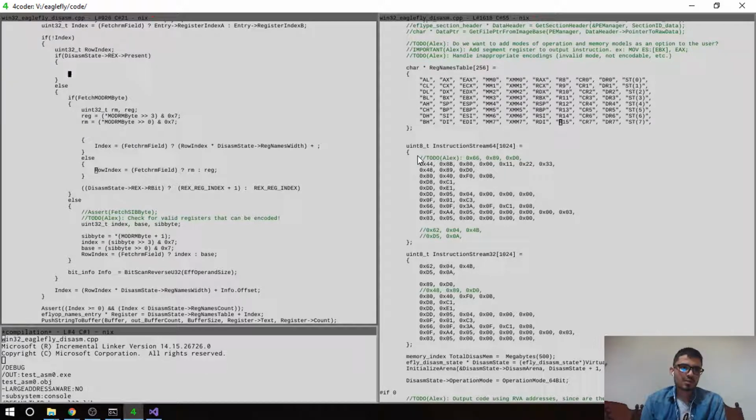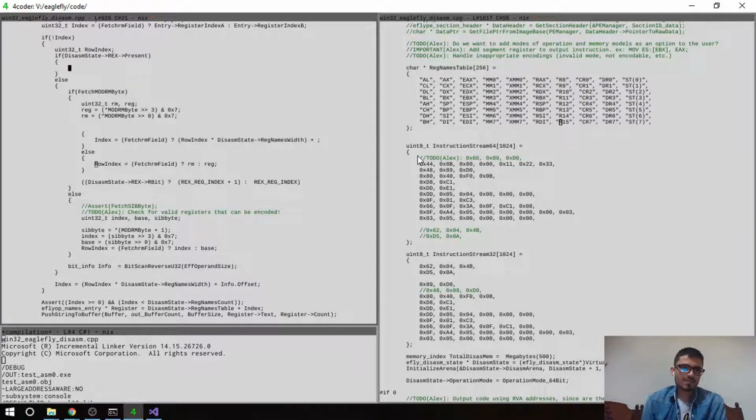Now if it's REX prefix, we're gonna get the index